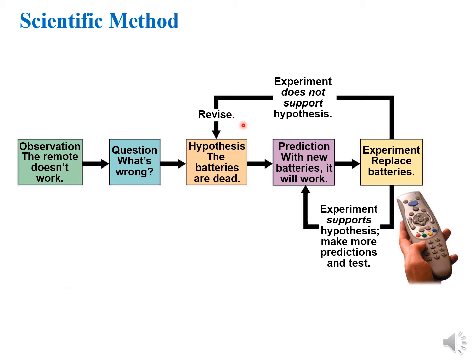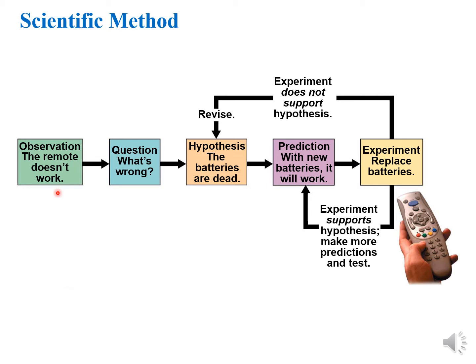If it is supporting your hypothesis, great, that means your hypothesis was correct. If it doesn't support your hypothesis, then that's fine. All you've got to do is come up with a new hypothesis and go ahead and design another experiment and start collecting new data. So let's say that in this example, your observation is you notice that your remote is